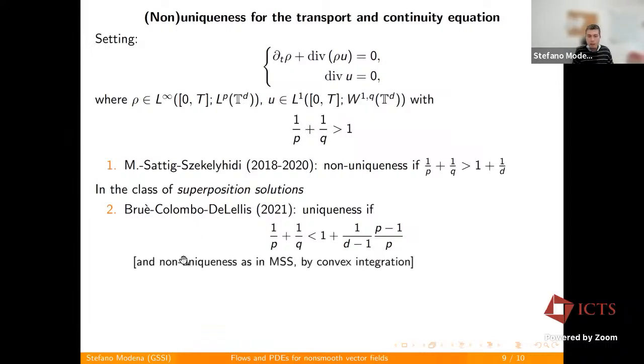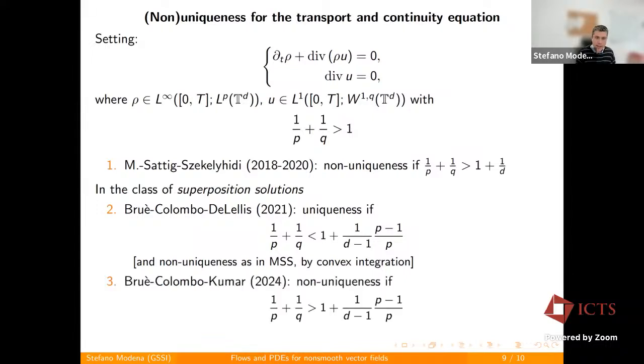And in the same paper, they also showed non-uniqueness in the class of superposition solutions, which is now more difficult because it's a smaller class, so showing non-uniqueness is more difficult. They showed non-uniqueness in the class of superposition solutions by convex integration in the same range as these works of mine with Laszlo and Gabriel. Okay, and very recently there has been